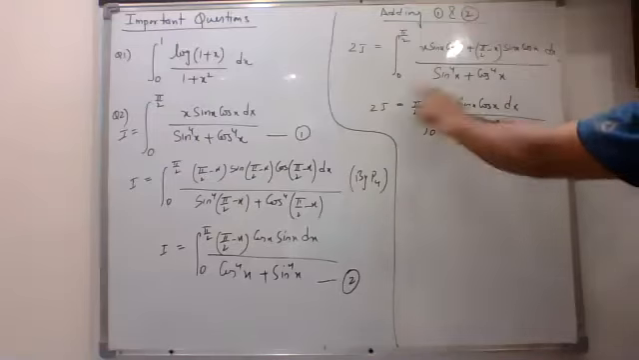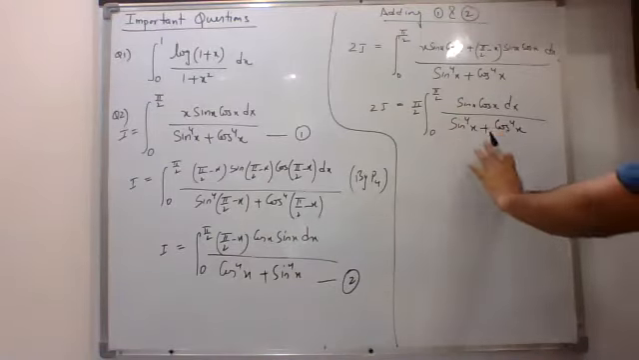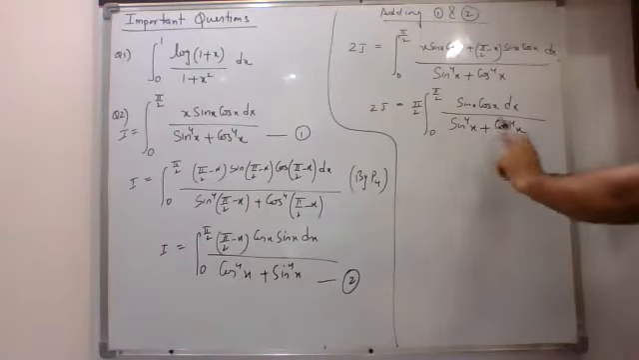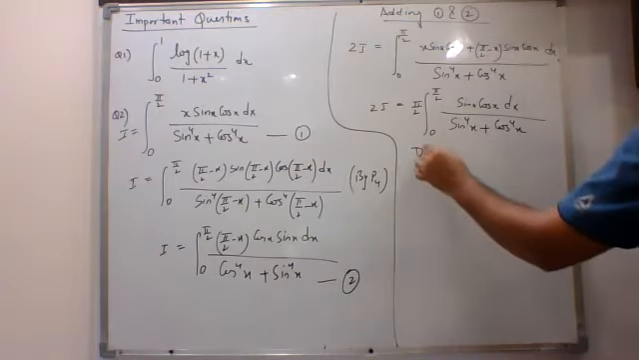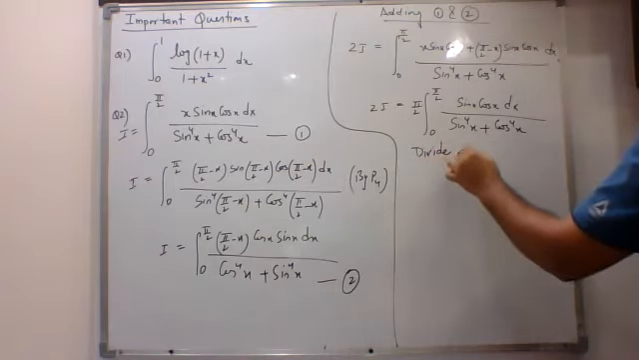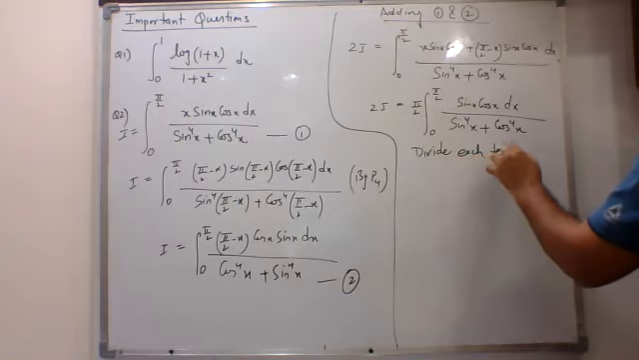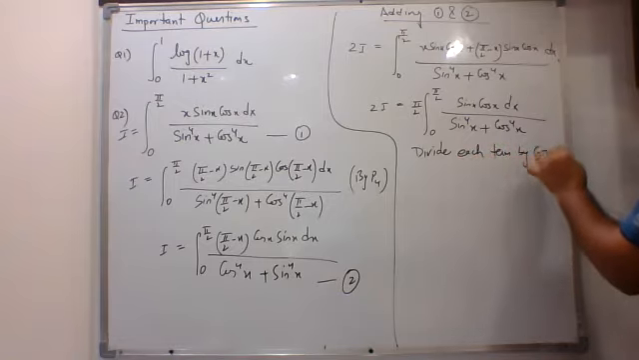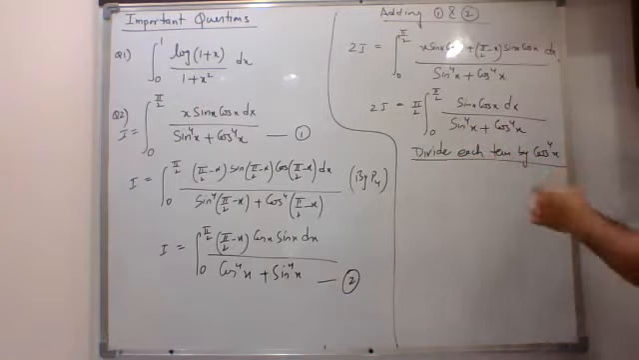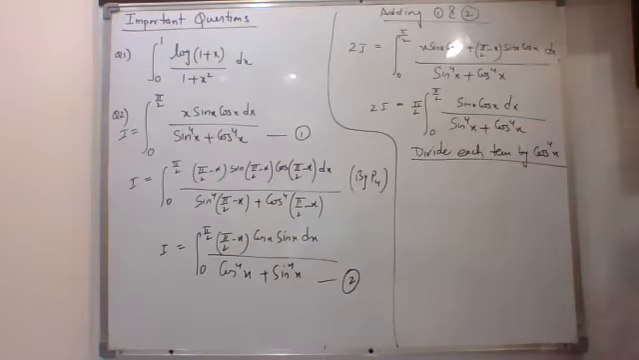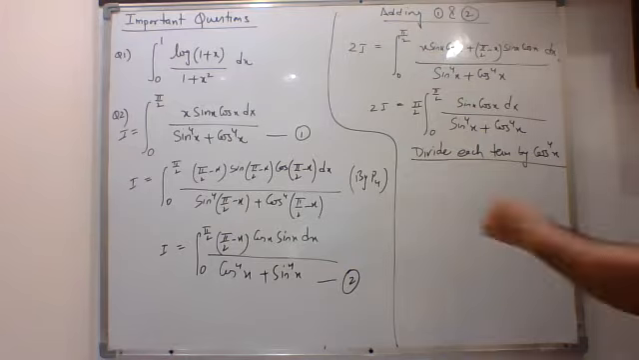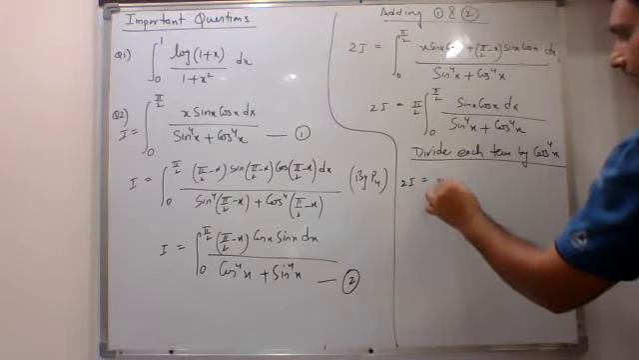Now, after this, we want to integrate this question. Whenever you have these sin to the power 4 plus cos to the power 4, you divide each term by cos to the power 4. This is a normal method: whenever we have sin to the power 4 and cos to the power 4, you divide each term by cos to the power 4. So, when you do that, this will become